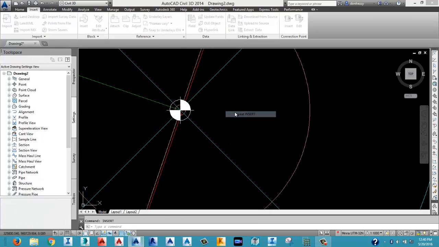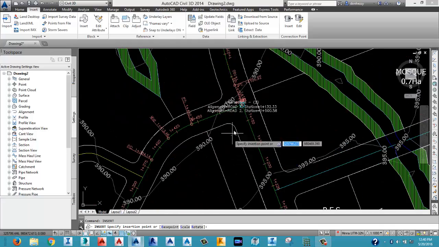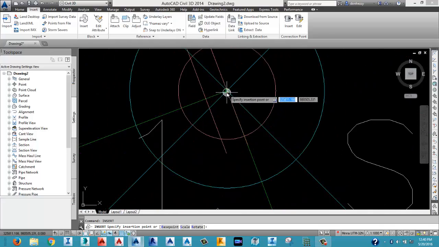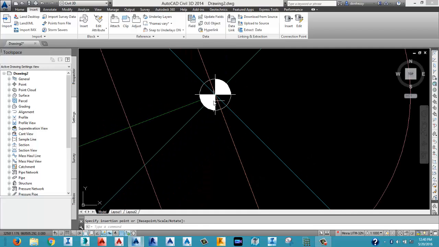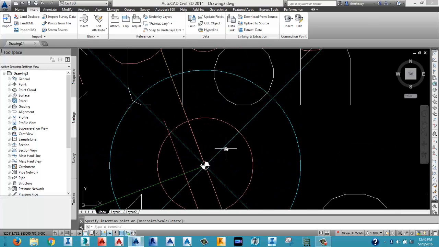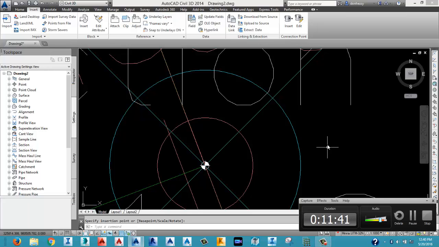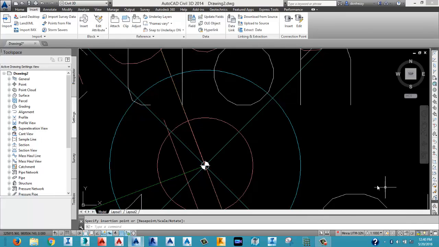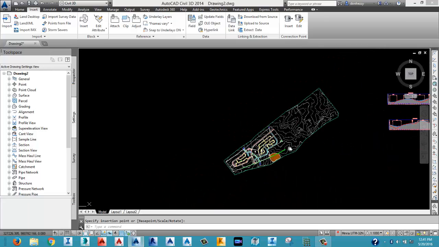Then I repeat it again for the second point of intersection. You can just press space bar. So after inserting the 2 blocks, then I can move ahead to project my point of intersection on the needed